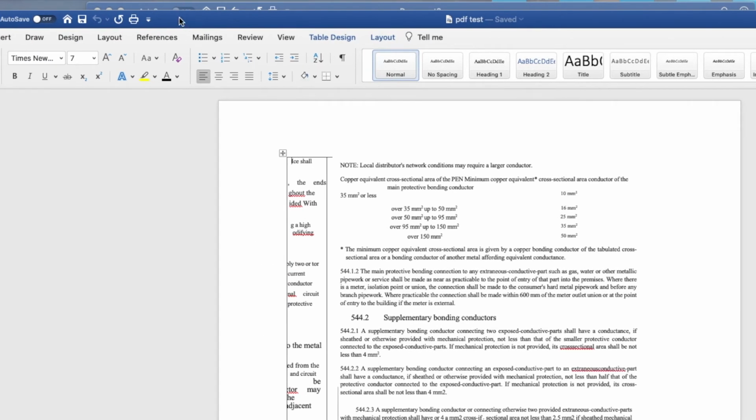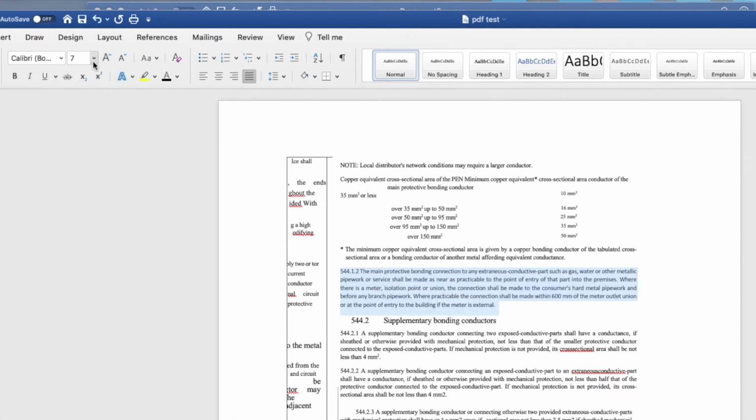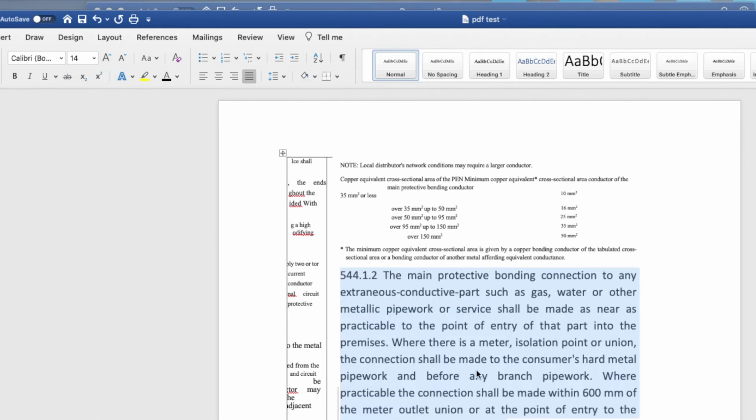So I'm just going to readjust it so we can see the fonts and everything, because I'm going to actually change the size of the font. So I'll highlight the area that I want to change, which is that middle bit, 544.1.2. Just a bit tricky to get it. There we go. So I'm going to change that to something like Calibri and make it sort of 14, so it's nice and big. If I want to change the colour, I'm going to change it to red,